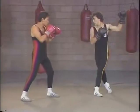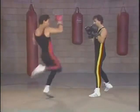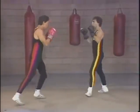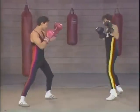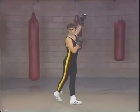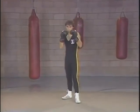The savateur snaps and rechambers his kicks rapidly in order to strike many times from different angles. Chamber high and kicking low. Here we use the point of the shoe or the instep of the shoe. Both are legal for the ring. Now we're going to see the same kick, fouetté médian with rear leg. Same principle, knee up, the leg against the upper thigh, extend the leg with the point of the shoe